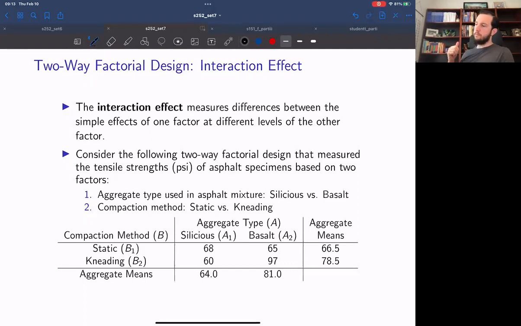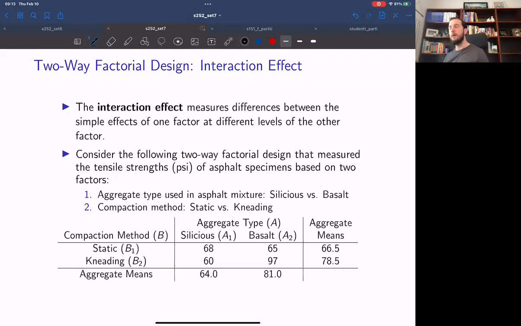So we are considering what material was used to mix the asphalt together and how the asphalt was actually compacted. So we have compaction method versus type of specimen or type of mixture. And then we are measuring the strength of the asphalt. Okay, first off, if we were to go through and compute the main effects and the simple effects for this